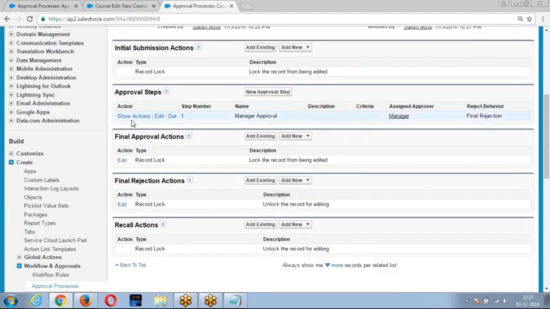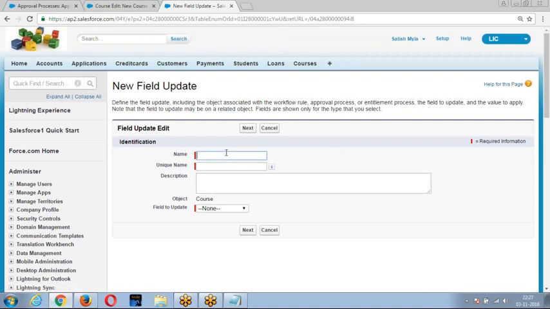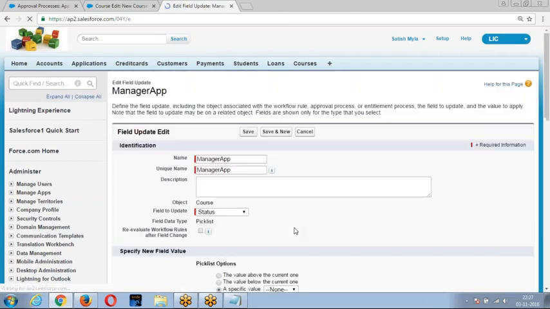Step number 1. Once you submit to the manager, if the manager approves, I want to update the status. Field update. Which field do you want to update? Status field.